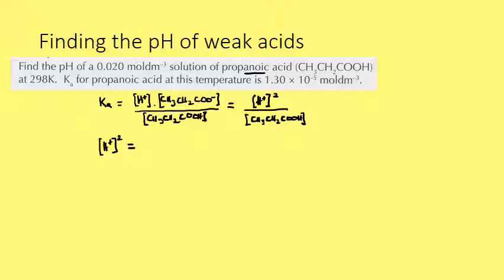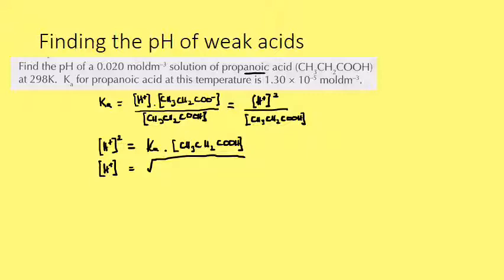So hydrogen ion concentration squared is going to be Ka times the concentration of the acid, like that, because we've multiplied both sides by the concentration of the acid. And so therefore the hydrogen ion concentration is just going to be the square root of